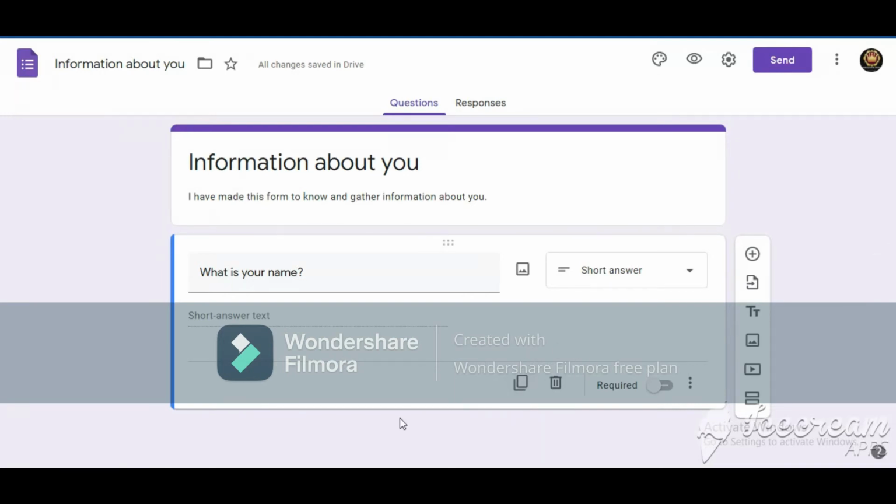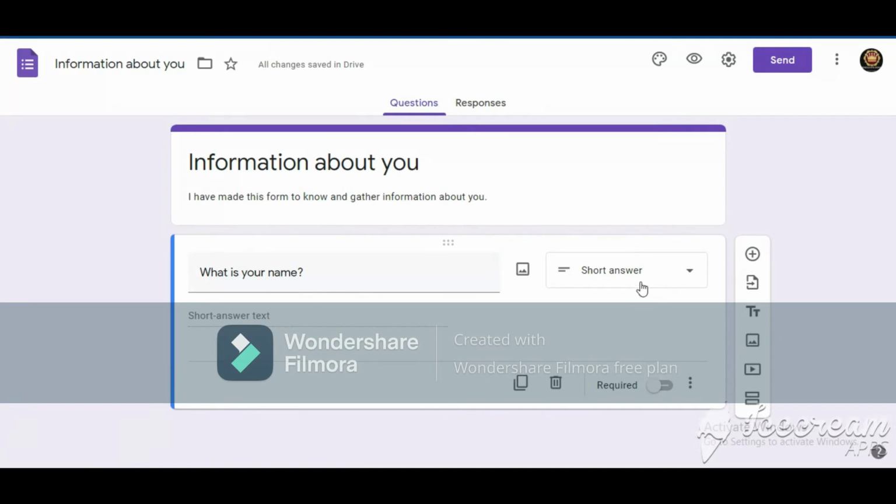Over here you can see this duplicate option, right? By using this, you can make the same format as given over here below this question. It might be easier for you to make another question and answer in the same format, because when you click on this add question option, it will show it as MCQ answers.